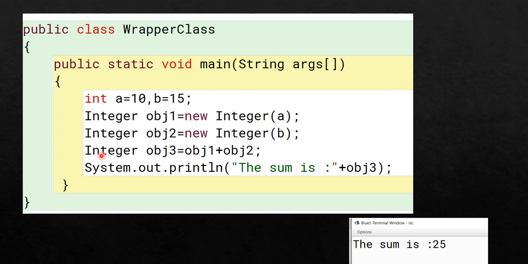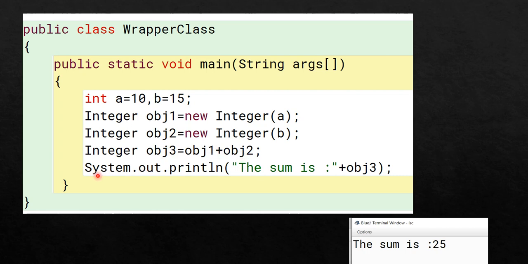To establish that, we have given a line here: Integer obj3, a new object, which will store the sum of obj1 and obj2. So 10 and 15, which are stored in obj1 and obj2, will be added and stored in obj3.